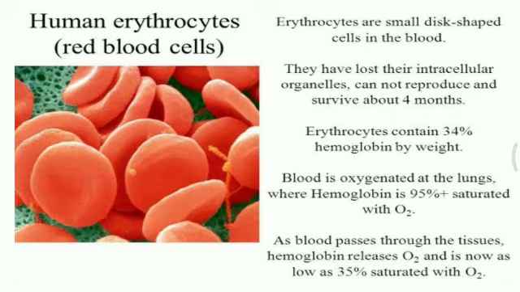Not only that, there are a few more modifications which happen during the transformation of a young RBC to a mature RBC. The loss of various internal cell organelles takes place in the young RBC. Generally, a young RBC has various cell organelles like the endoplasmic reticulum. There is presence of a nucleus, a lot of mitochondria, and various lysosomes and other structures. But as the cell matures, it loses all these structures, and the reason for that is